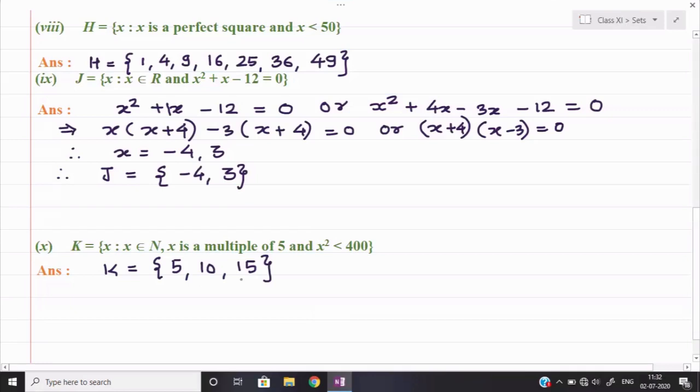Okay. So I hope it is clear to you how we can convert a set builder form to the roster form. Now we shall see the exactly opposite question, where the roster form is given and we have to convert it into set builder form, which will be a little difficult for us, because when we want to convert to set builder form, we need to search for a property and then we need to bind all the elements according to that property. We have to check several times whether all the elements are following that property or not. Okay, so let us see the next question.